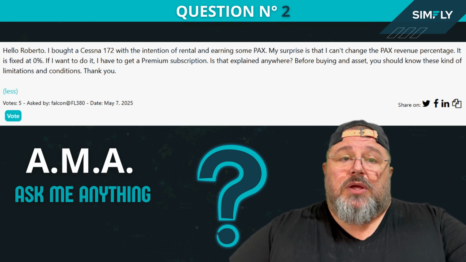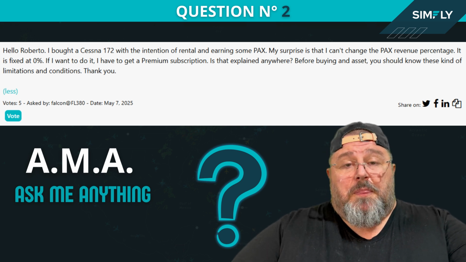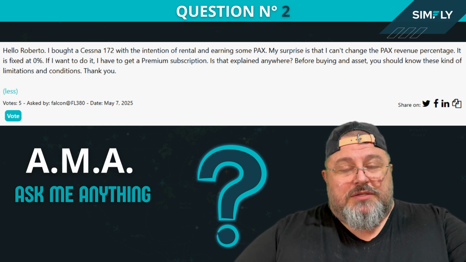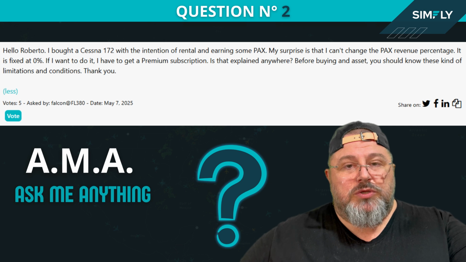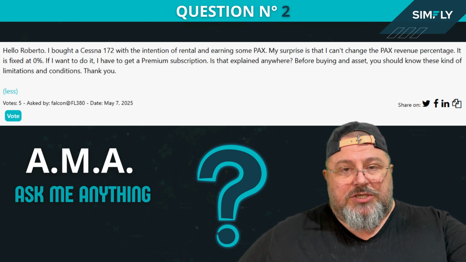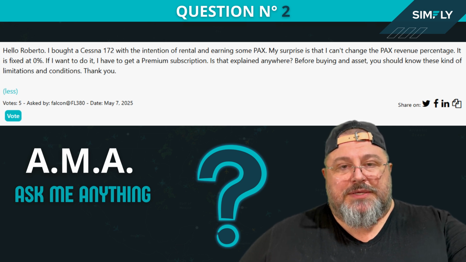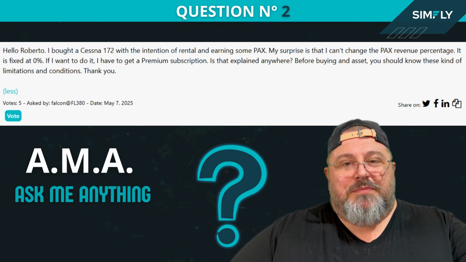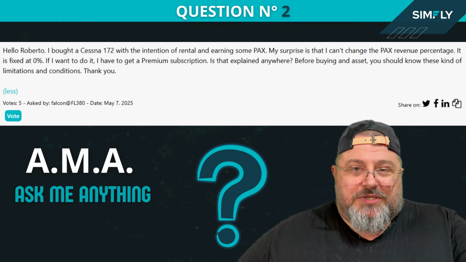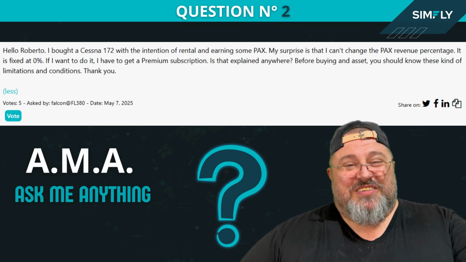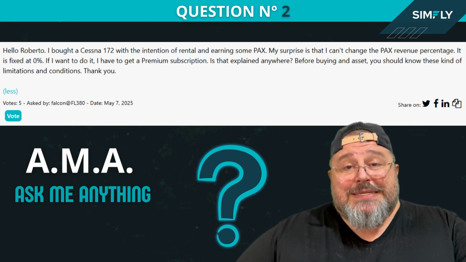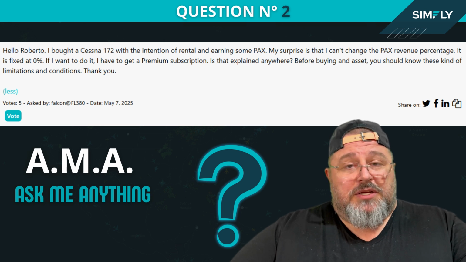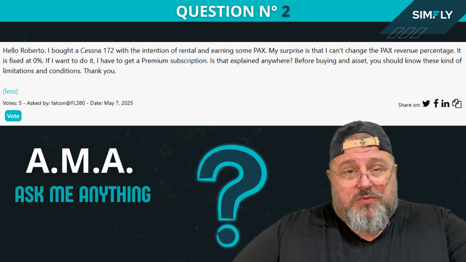Thank you. Well, the asset doesn't come with the revenue sharing. The revenue sharing is a function that belongs to the premium membership. It's something separated from the asset. It's like an optional for your car. You buy the base model and then you can add optional things at a different cost if you want, right? So the asset that you got works perfectly. You can rent it. It's not that you cannot rent it. You can use it as you want.